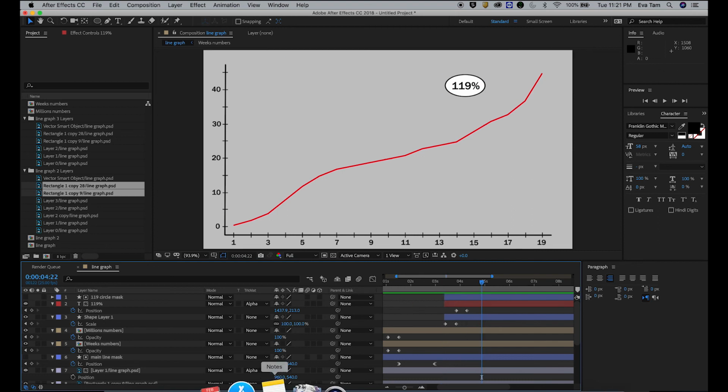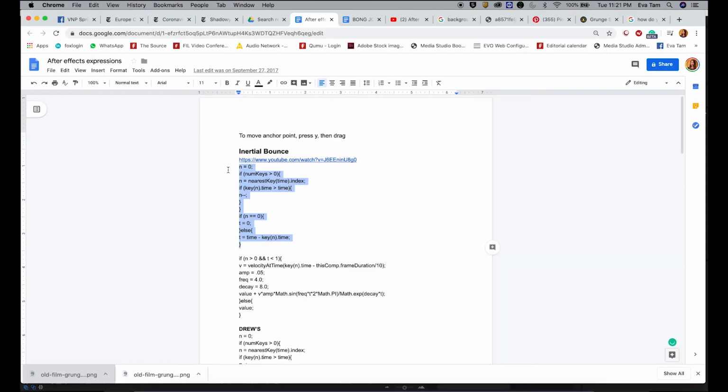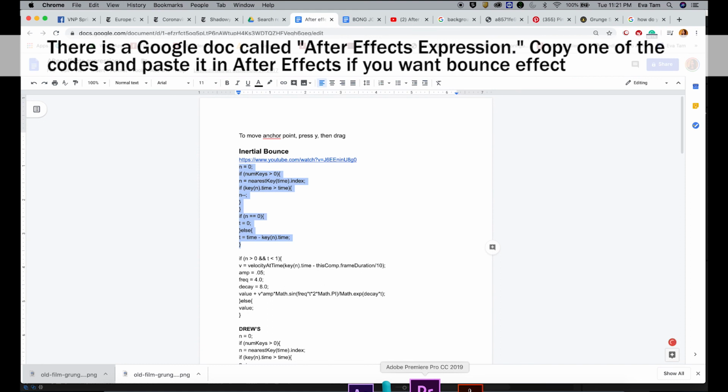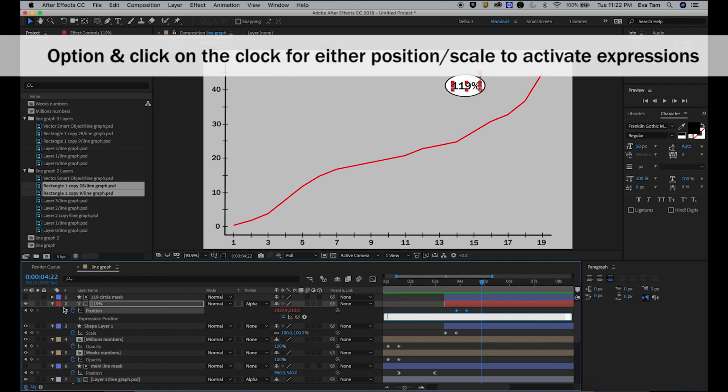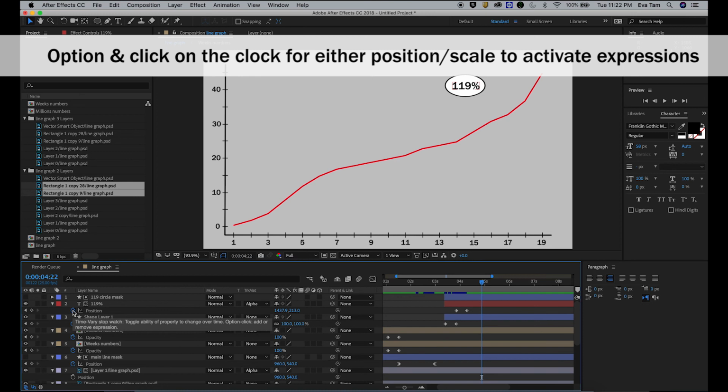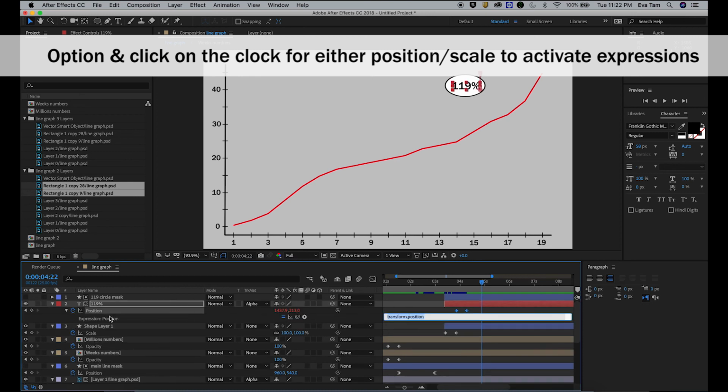But what I like to do is I like to add a little bounce to it. In order for you to add a bounce to it, what you do is that you press onto your keyframe as so. Before you press your keyframe, press Option, and then it will say expression. So then you copy and then paste the expression that you want to give it to.